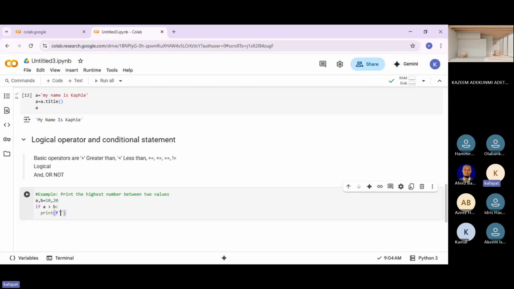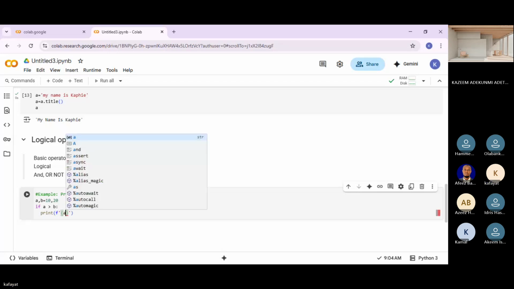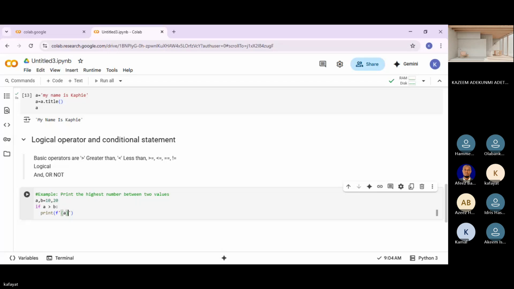Print A is the highest number with a value.